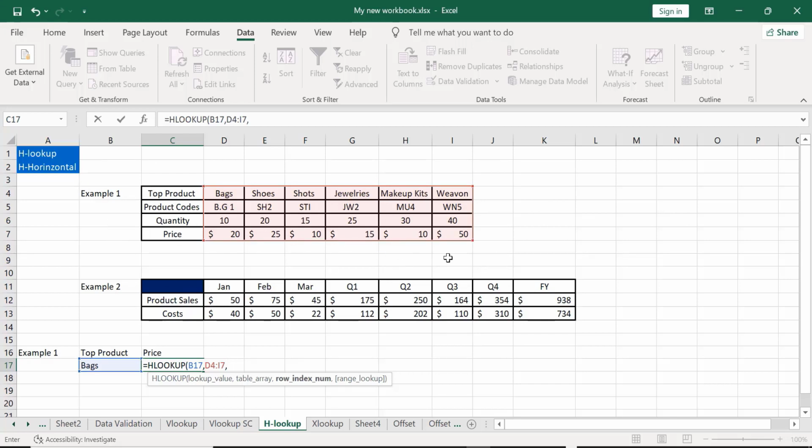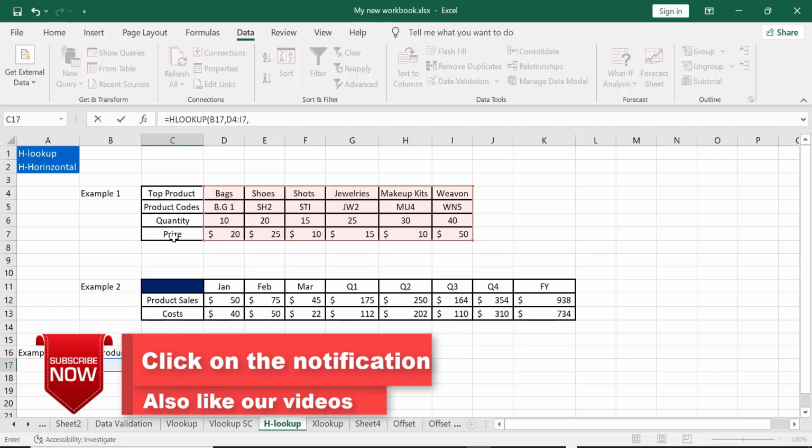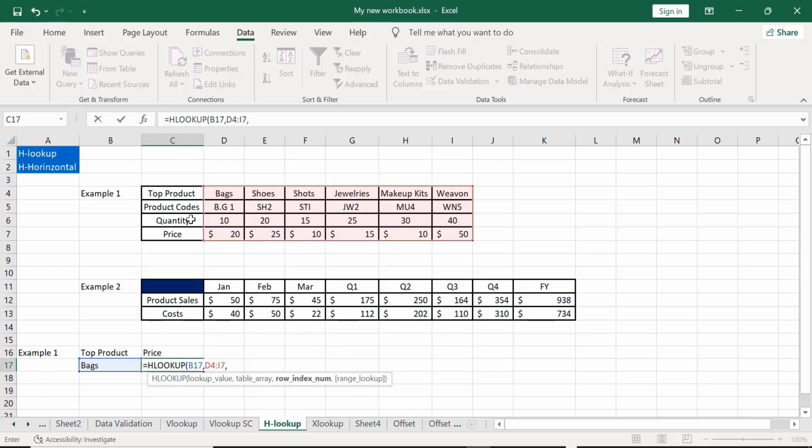HLOOKUP, everything will be on what? On row. Now it is asking us for the row index number. What's our row index number? That's the price. Top product is on row 1, product code is on row 2, quantity is on row 3, price is on what? Row 4,